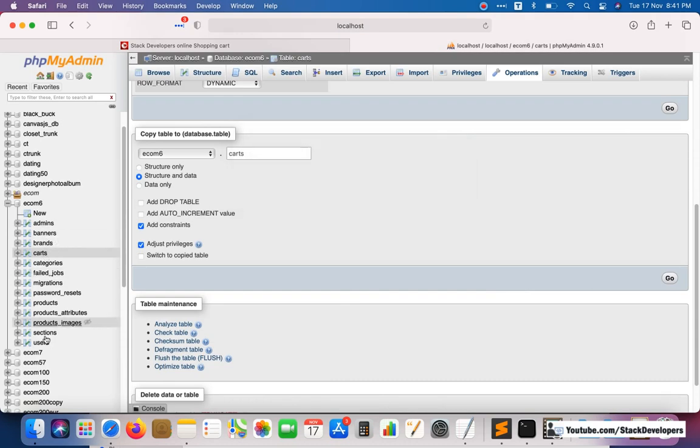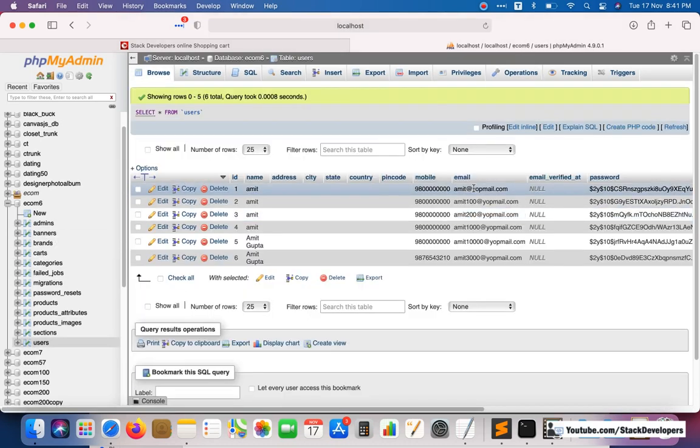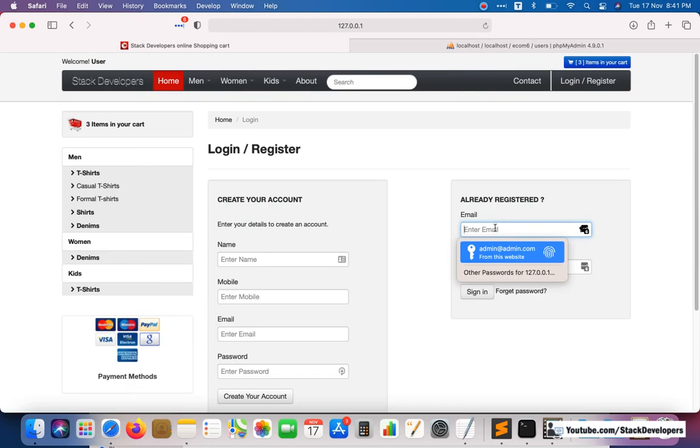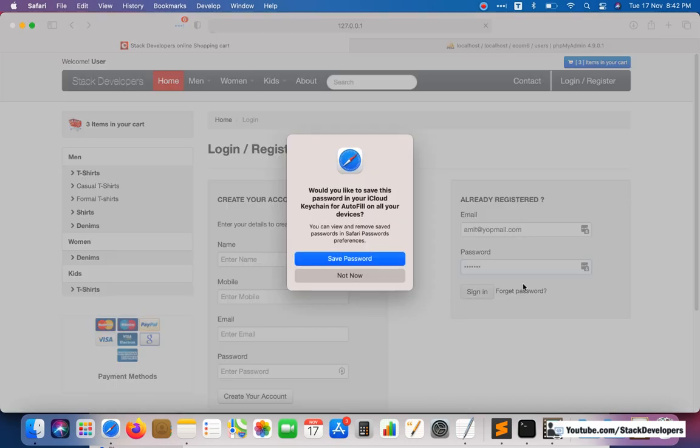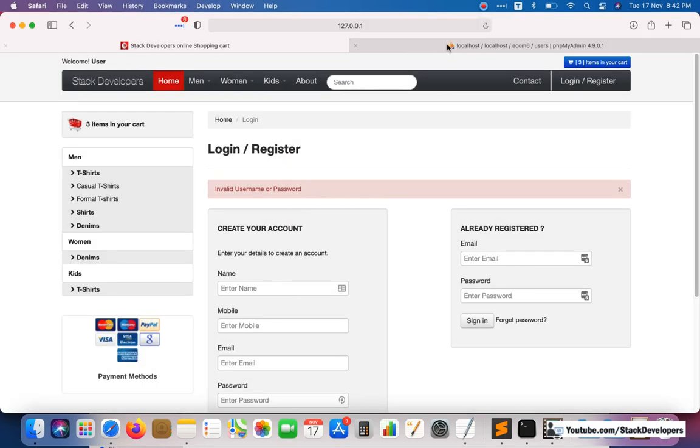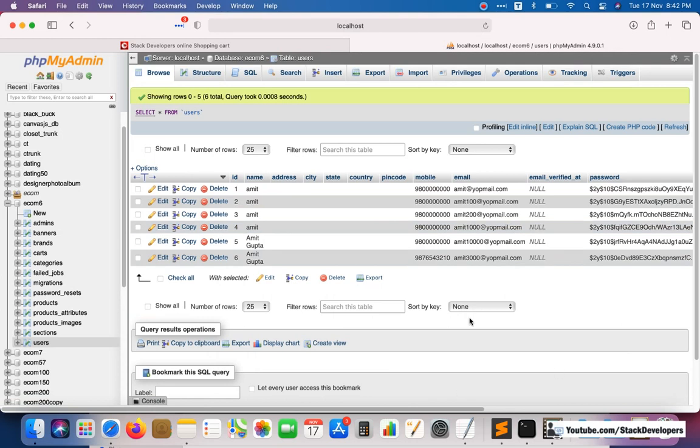I will log in with some account, like this one, Amit at yopmail.com, 1 2 3 4 5 6. Now you can see, sign in, and this account is not working.